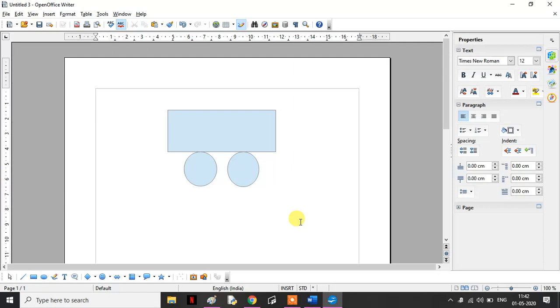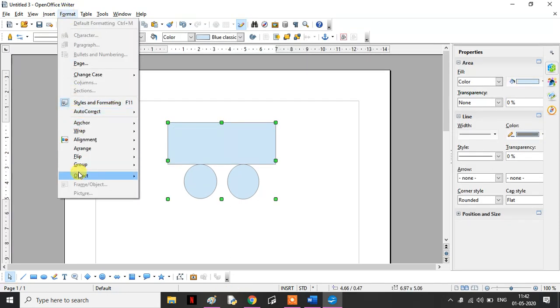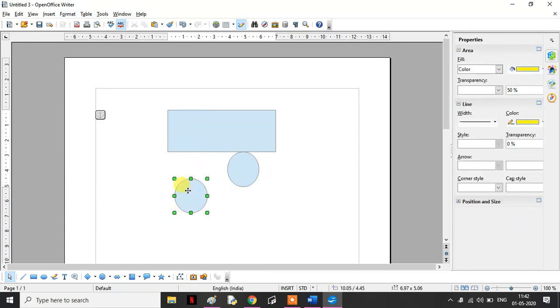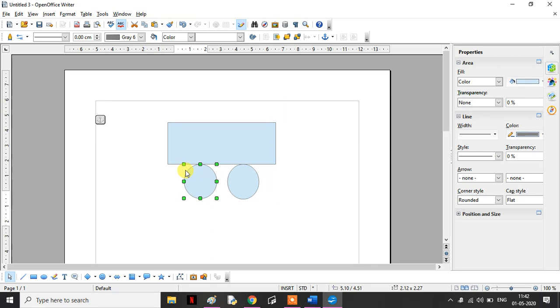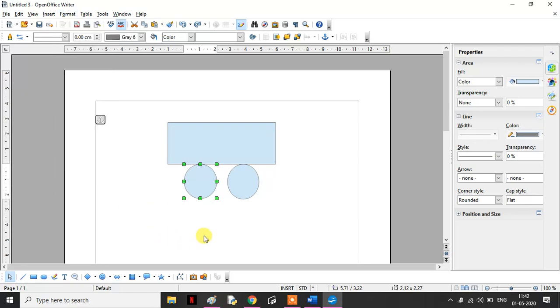Okay children, if you want to remove them from the group, what you can do is select this, go to group, and under group there is an ungroup option. Now you can move them separately. I hope children you have understood the grouping option. So where is the option? It is under format, group and ungroup. Now again I'll remove these objects.